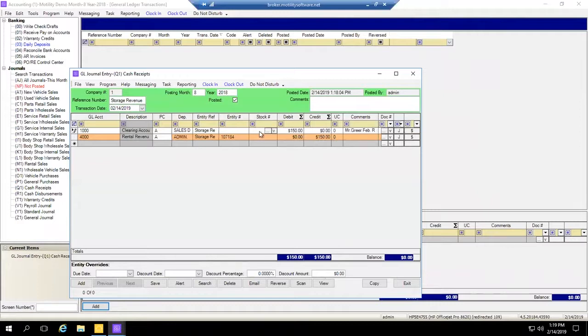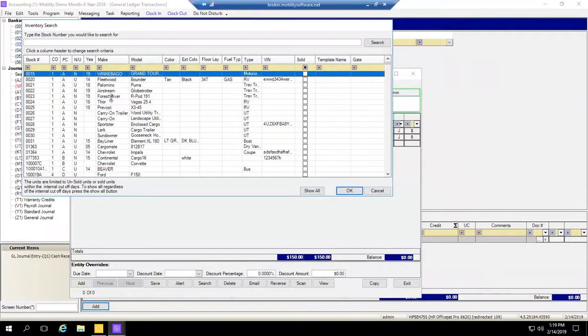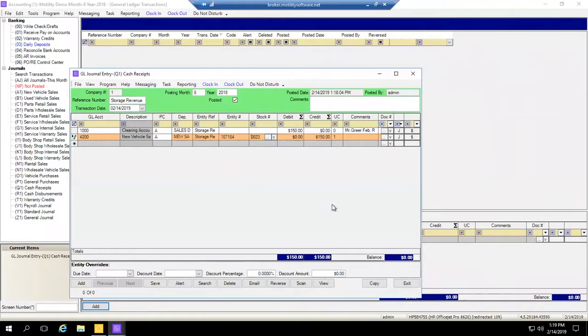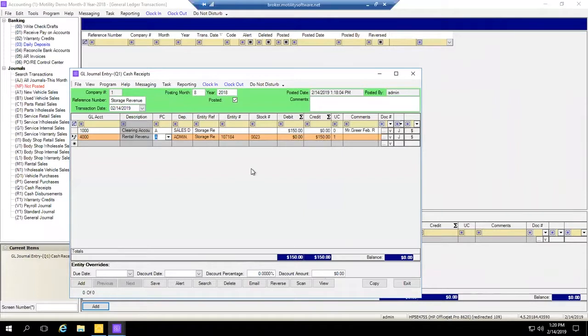You could even put the stock number if it was once owned by your dealership to show, hey, this is a current vehicle we're renting out. So you can track the revenue generated from that stock number. So maybe I'll do that on my revenue line. I'll search up a Forest River RPOD. And we'll go back to my rental revenue. That's fine. Okay. So with this transaction and this debit into my clearing account, if I go ahead and save this,